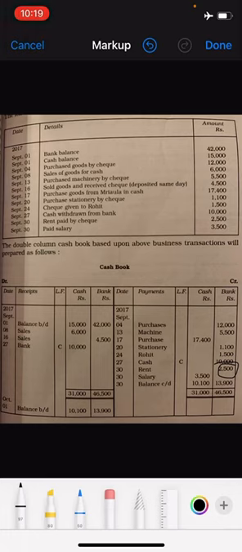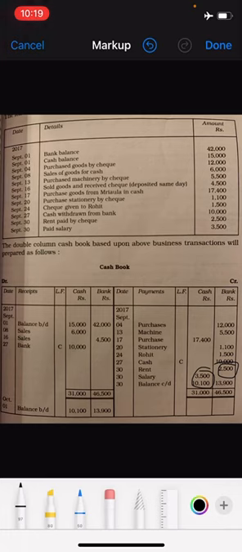Next is paid salary. When salary is paid, it is an expense, and they have not told you it is paid by check, so you have to assume that it is paid by cash. So salaries account debited to cash account, so cash account is credited. On the credit side of your cash book, you write salaries, and under the cash column you write the amount, that is 3,500.